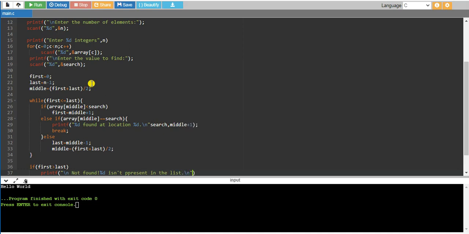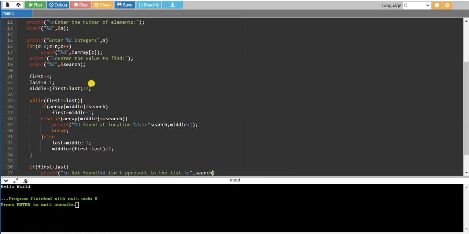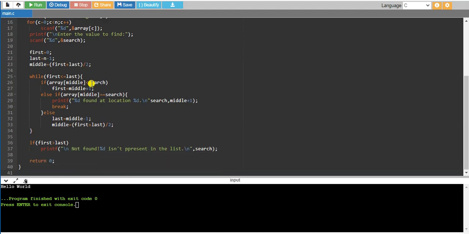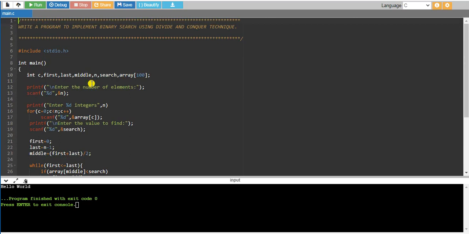Then which element is that we have to print there? Search. This element is not found. Then end of the program. This is how we can write a C program for implementing binary search using the divide and